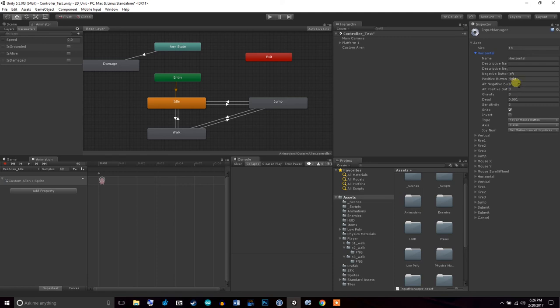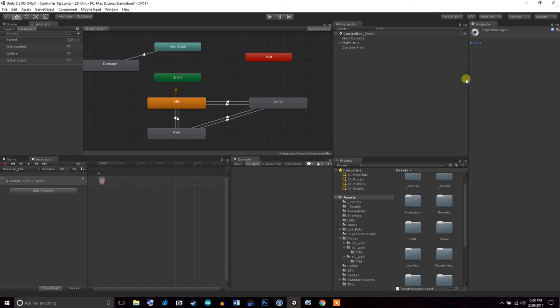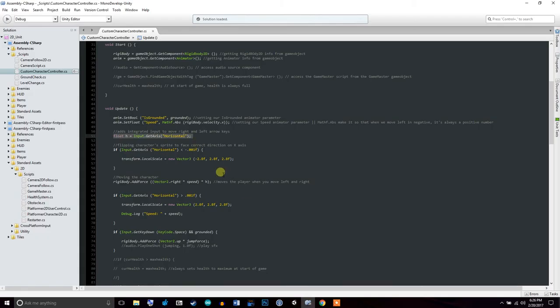Alternatively, you can use A and D as well. So for those of you who play games using WASD to move around, you can actually move your character with A and D. You can, obviously, change these buttons around, but it's nice to have it all pre-done for us. So that's what we're getting here, Input.GetAxis horizontal. Now,